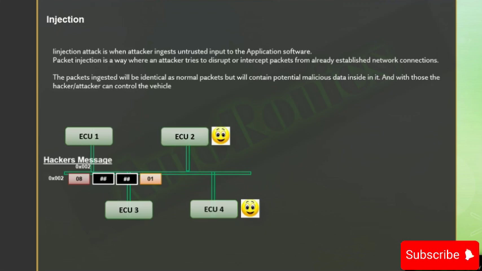So for this, the OEMs are mainly targeting to identify the message format, and there are many different items, for example the process counter and the additional CRC checks and so on. So there is a vast number of attacks that can happen with respect to this message reading and attacking.